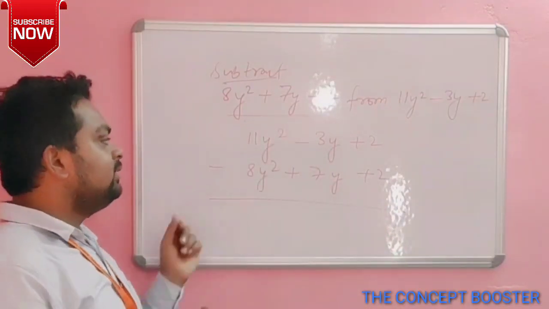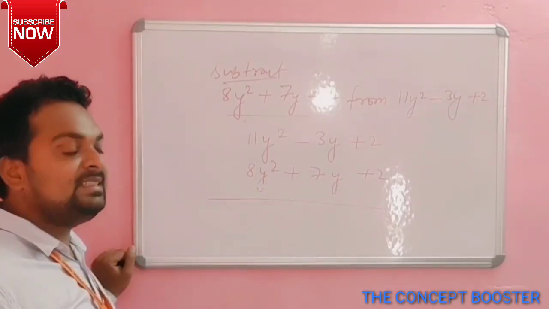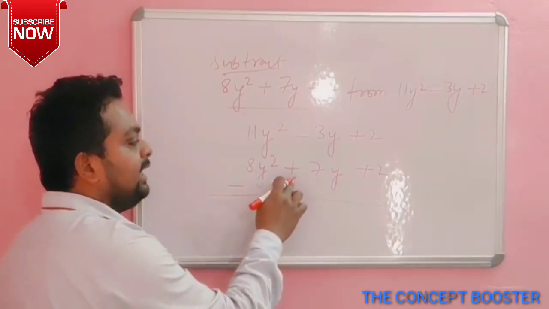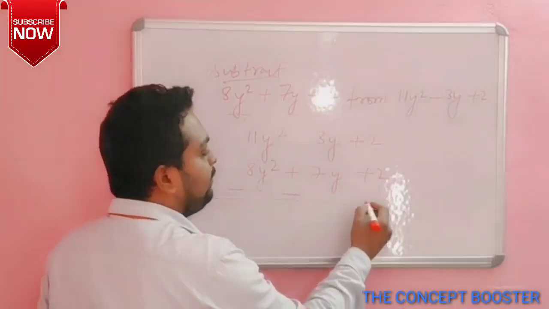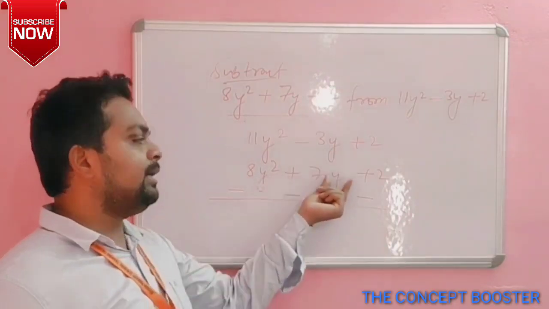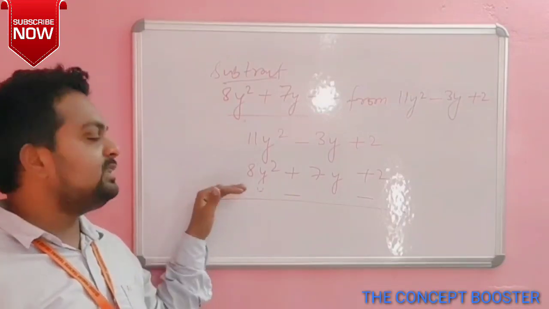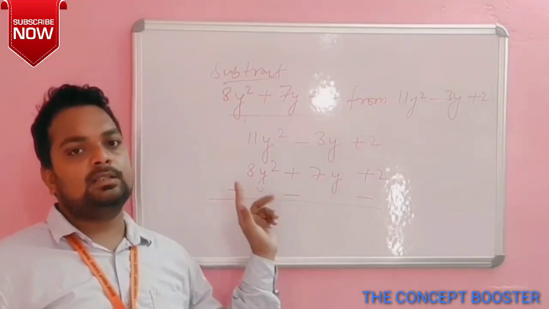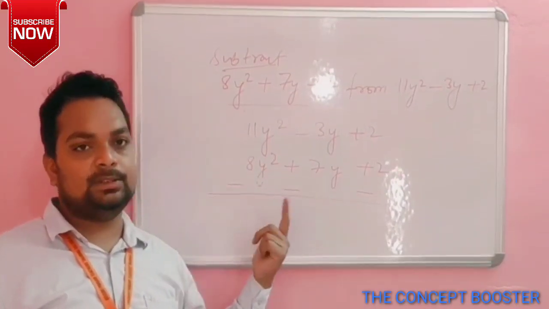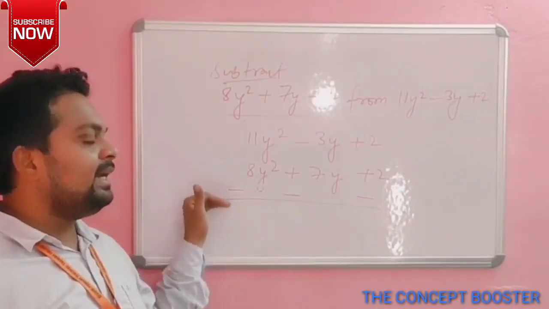Like here we have plus 8 and we have to subtract it, meaning minus into plus, so it will be minus. Here we have plus, so minus. Here we have plus, so minus. So for every plus you have to change the sign, but for the below part only, not the above part. For the downside part you have to change the sign. If it is plus, then change it to minus. If it is minus, change it to plus, because plus into minus is minus and minus into minus is plus. So always change the sign for the downward part. Okay, and now do the process.